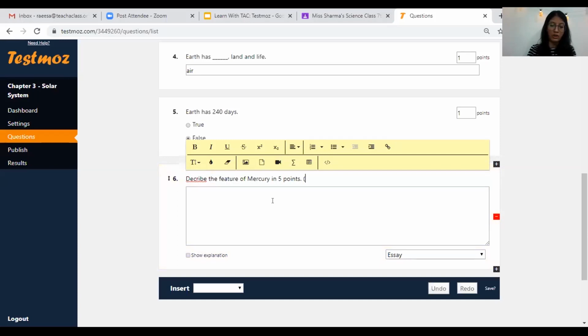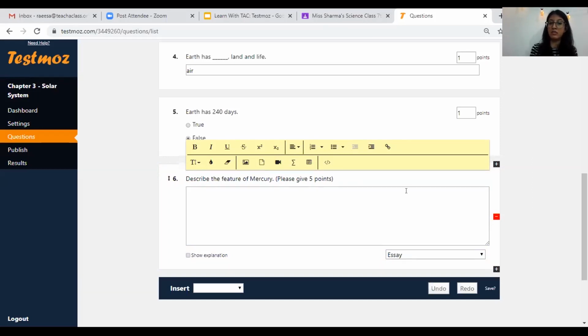In bracket, I will say, please give 5 points. Or you can simply edit the question to describe the features of Mercury, and you can ask for 5 points.